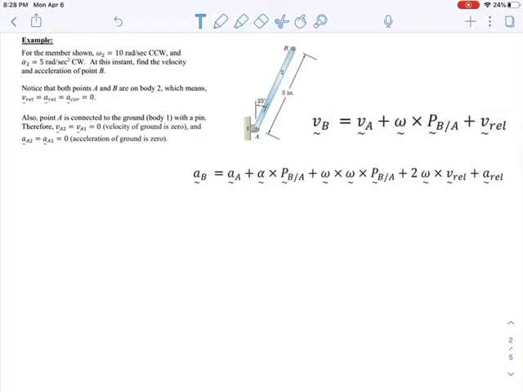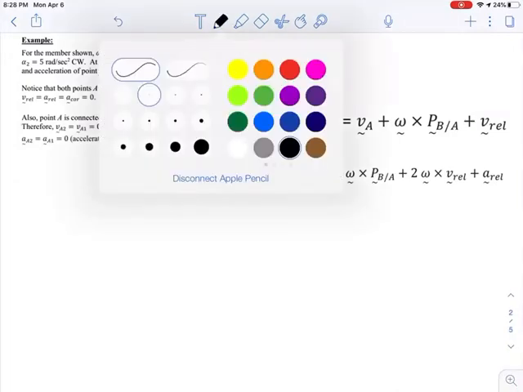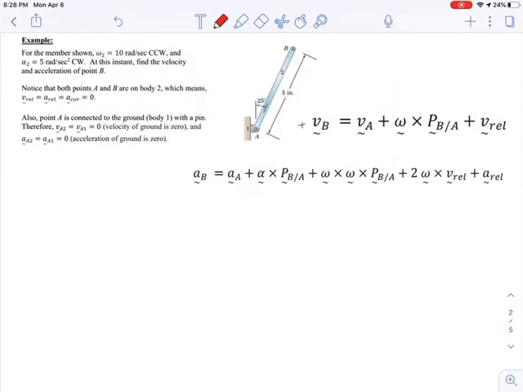So I'm going to be doing another rotating problem, and this time not only am I going to find the velocity, but I'm also going to find the acceleration using the general equations for motion of a rigid body. So it's giving us a few things. It's giving us, for the member shown,